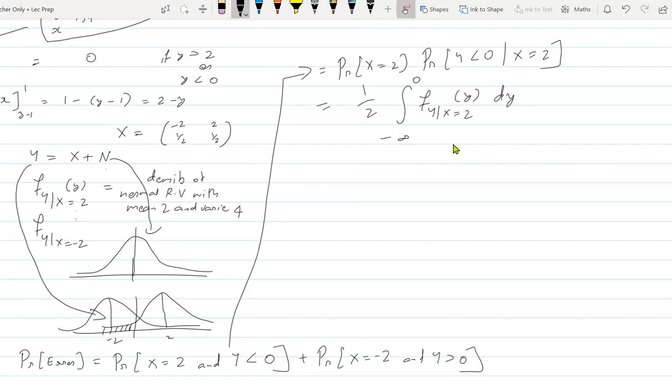Is that clear? So can we use the phi function for calculating the actual value? Yeah. For the normal distribution, the values are pre-computed. If you give a mean and variance, the value is pre-computed, and there are standard tables you can refer to. But that final calculation is less important. What you need to know is how to come till here. The rest you can even put in a computer and it will give you some answer. Is this clear?